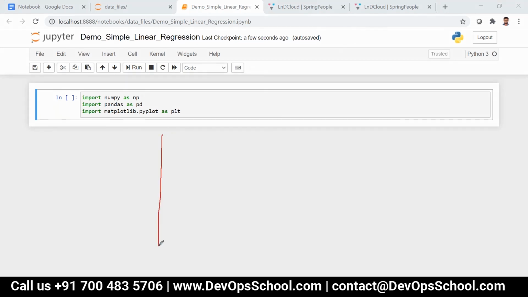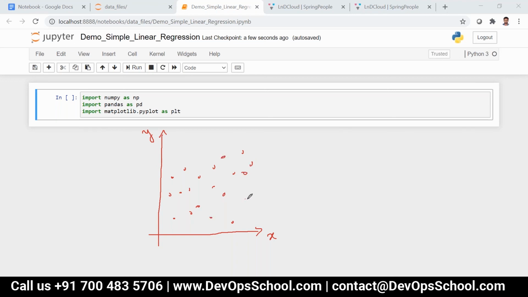I have an x-axis and a y-axis, and these are all data. Consider the data distribution somewhat like this, in a linear fashion.